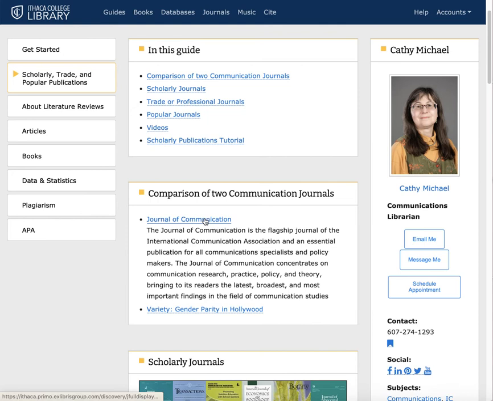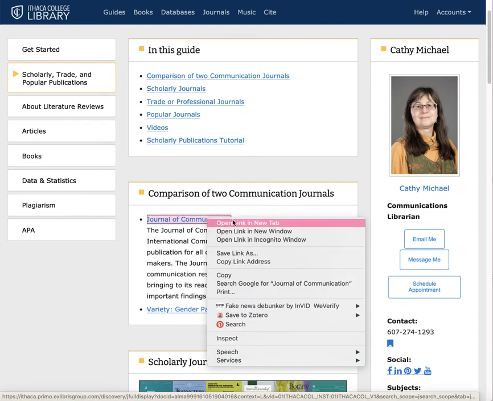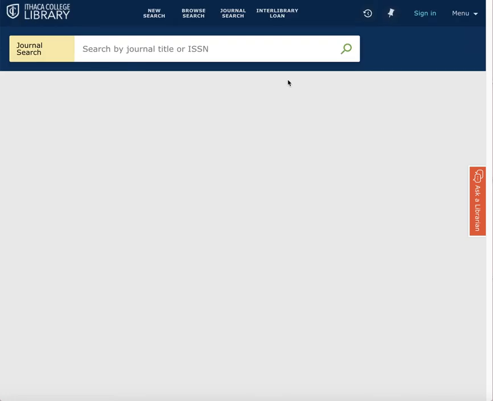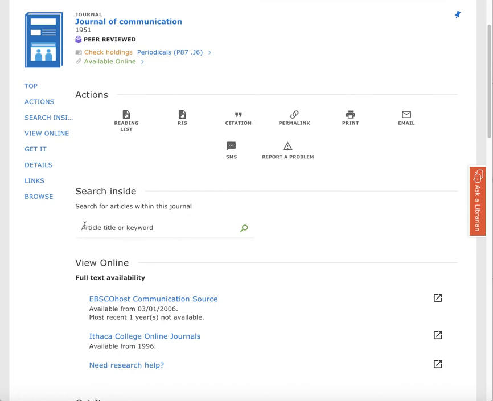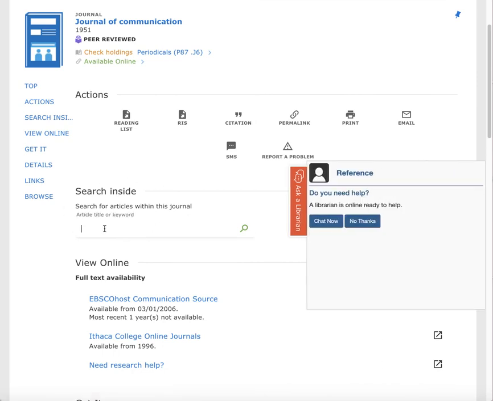So if I go to the Journal of Communication, I'm going to open it up in a new tab, and I'm going to do a really quick search within the journal. There's a little feature if you go to a journal page in the library catalog where you can just type in some search terms. I keep this simple because I'm only searching one journal. We are going to do television